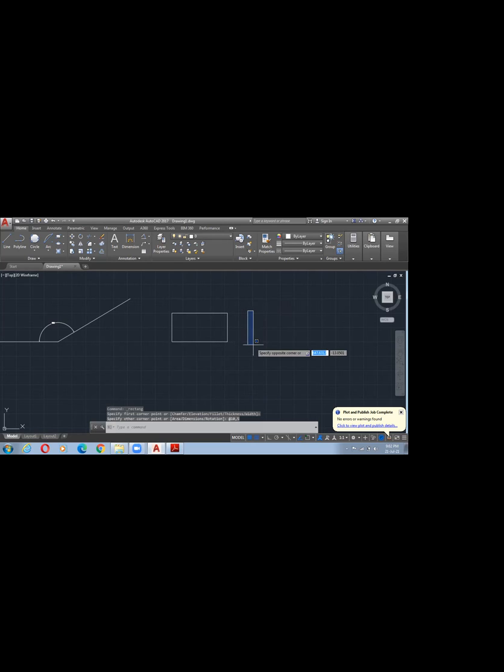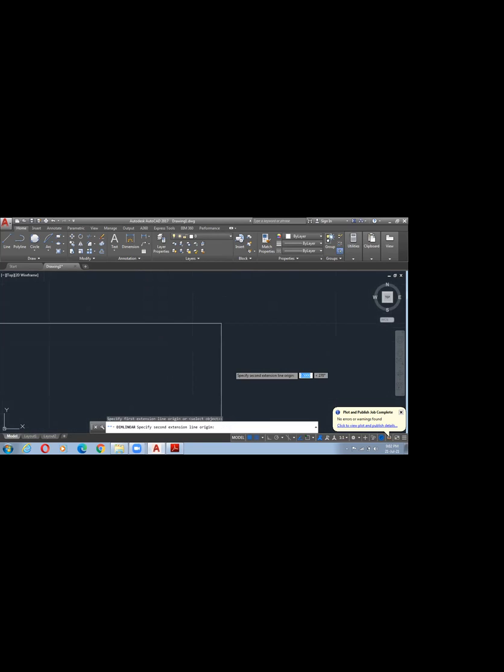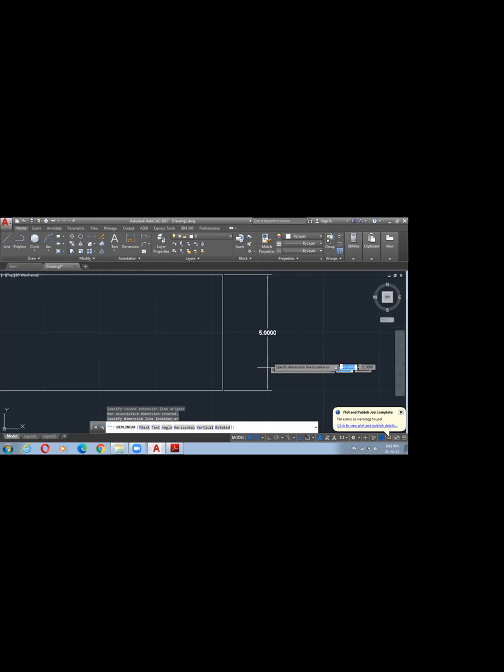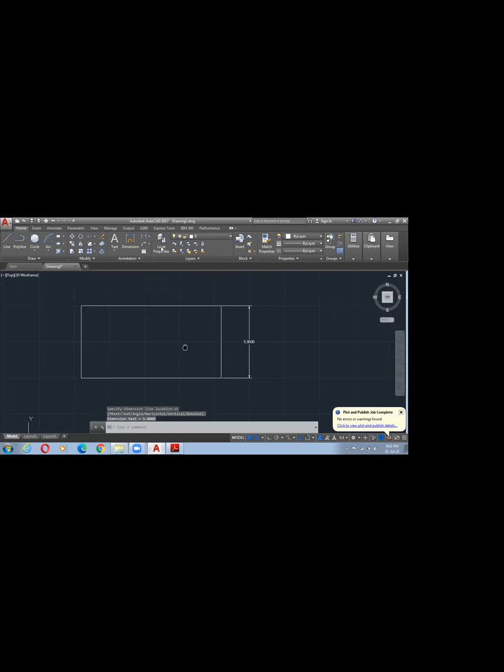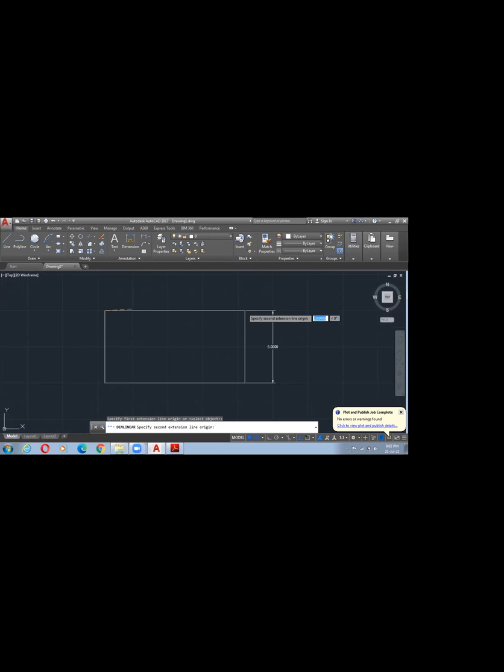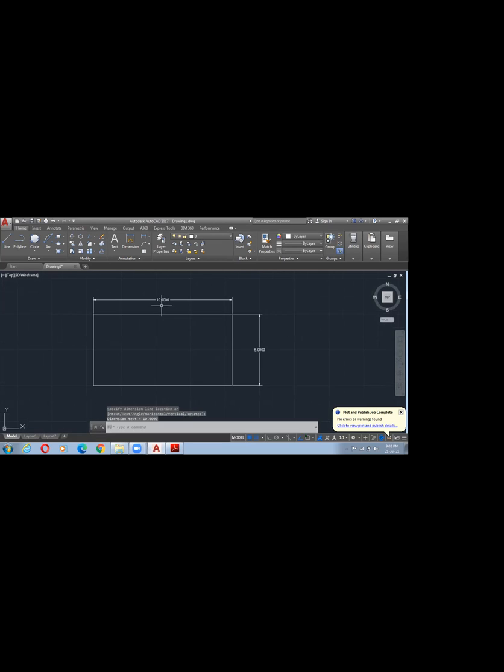Length 10, height 5. If you cross-check the linear dimension from one point to another point, 5. For each and everything, you have the same methodology. Any query? Let me know. Did you get it?